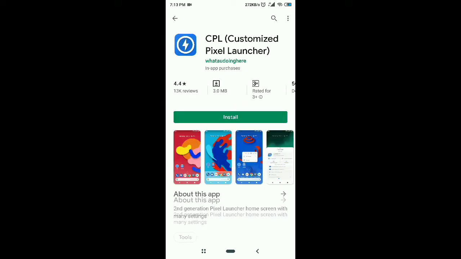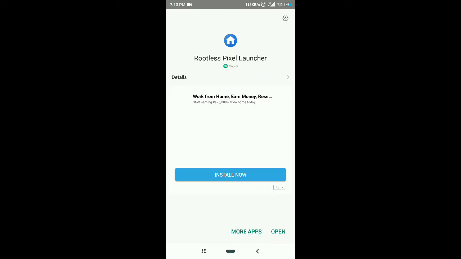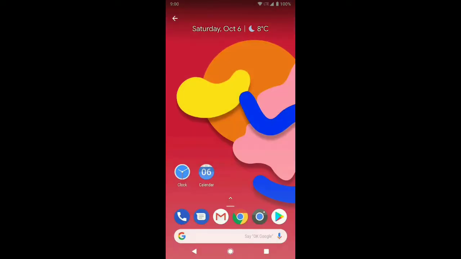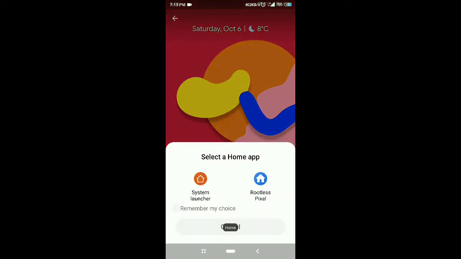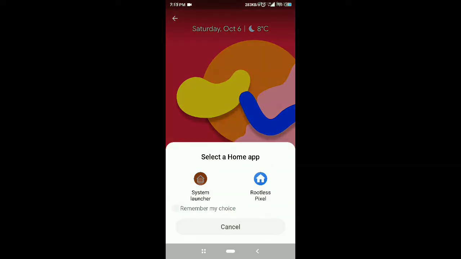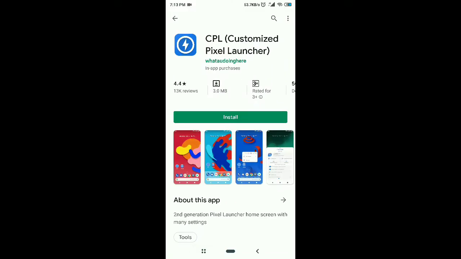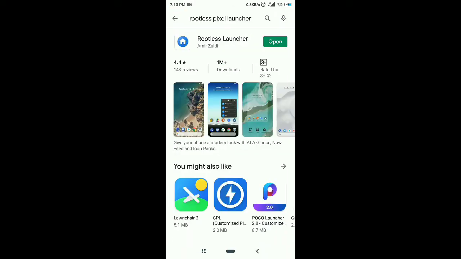And you can also download this launcher. This is called the Customized Pixel Launcher, which will give you some more options than the Pixel Launcher. So now you have installed, just don't open these all. Don't go to home, just remain on the Play Store because we have to download more applications. So go to Play Store again, go back and go to the search panel